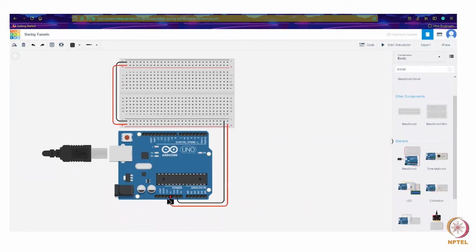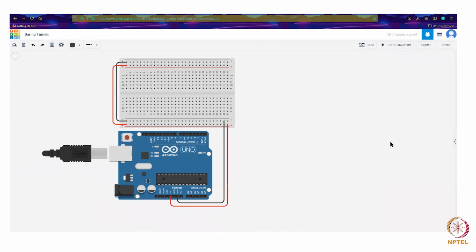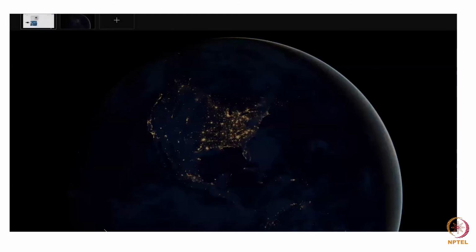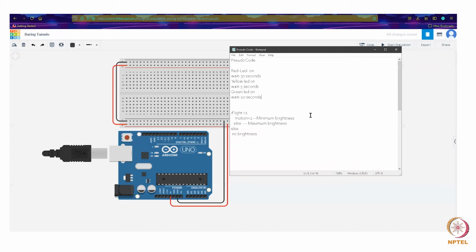This basically has the 5-volt supply to both the rails, and the negative is shorted to the ground. Now our motivation is that we have to build a street lamp which can basically adapt to things. So what can be our pseudocode for such a system?